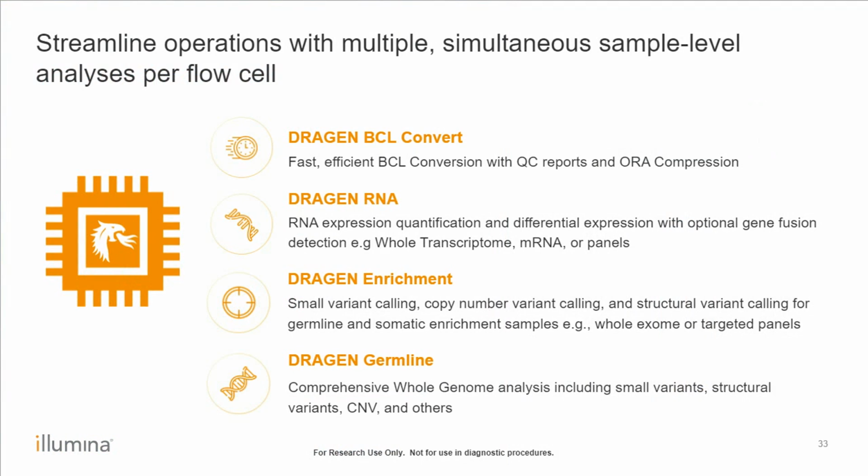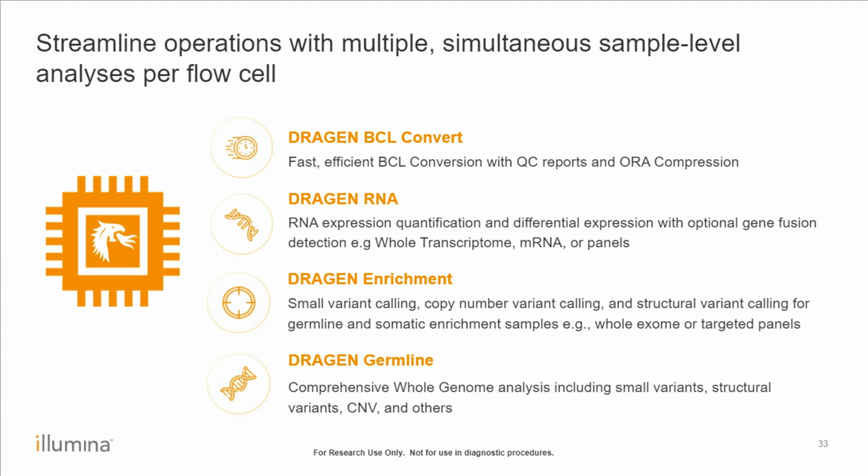NovaSeq X series comes with some of the most popular DRAGON pipelines integrated on board. These were selected based on the relevance to high-throughput customers, and it supports multiple analysis on a single flow cell. The 4 main application pipelines available now include DRAGON BCL Convert for fast, efficient conversion with QC reports and ORA compression, DRAGON RNA with RNA expression quantification and differential expression for our molecular and cell biology research community,